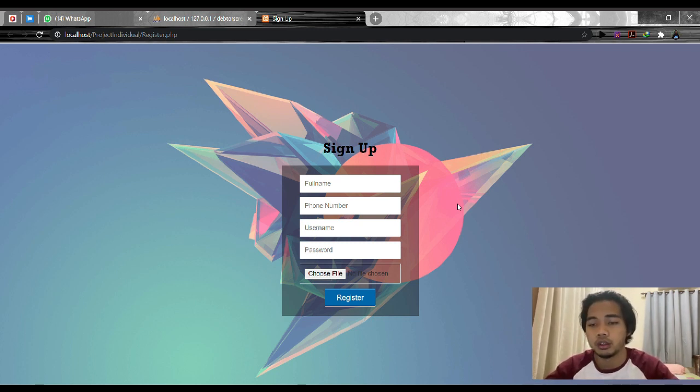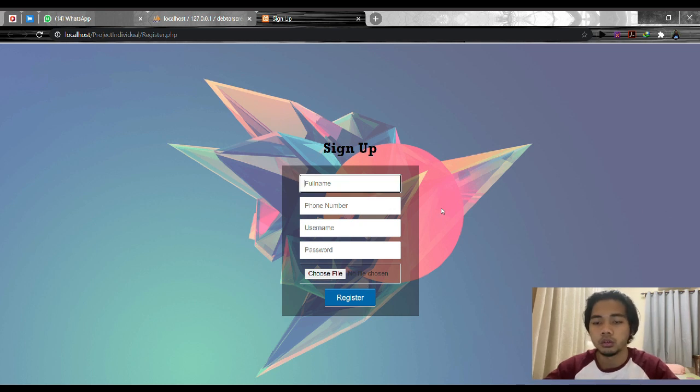The sign up page has a full name, phone number, username, password and profile picture to fill in, meaning to create the account to log in to the system. The first one is the full name and phone number, username, password and choose file from the folder, which is the file of the profile picture of the account